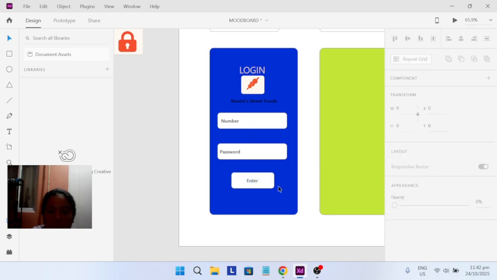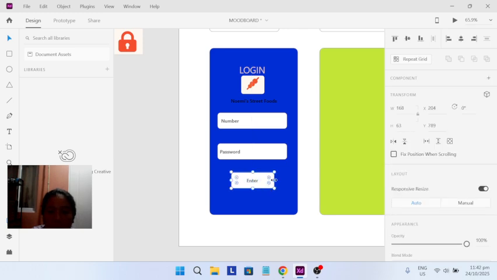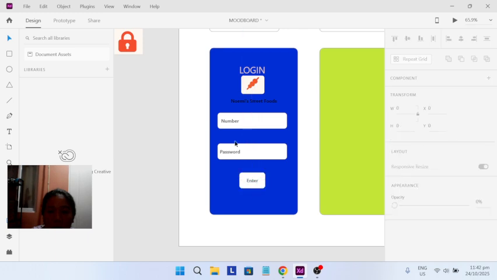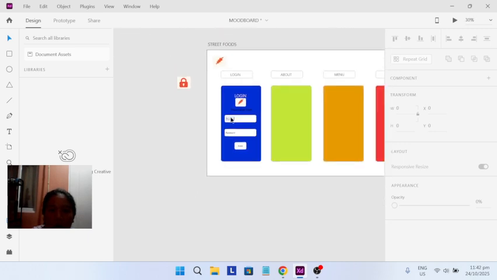Yeah, it's big, so we will adjust it. There. So this is the first. This is the logged in.